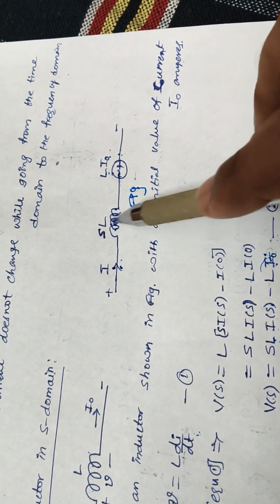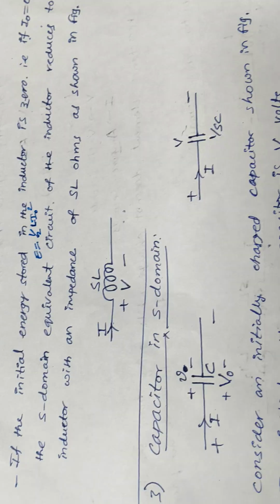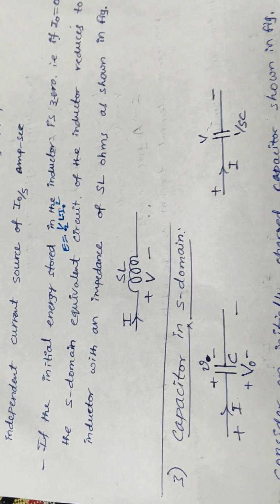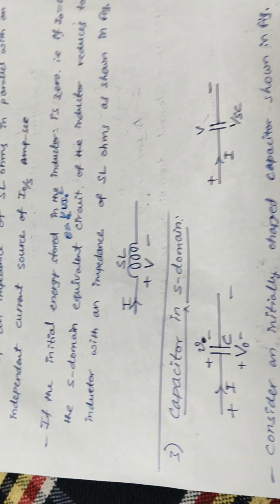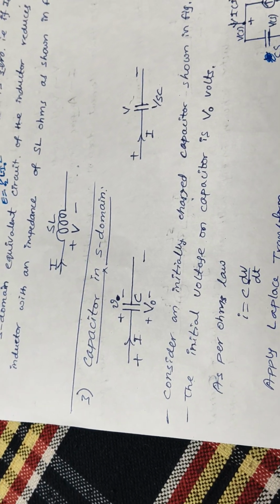Only you are left with the SL impedance. That's what we have represented here. So this is all about the inductor representation. In a similar way, the capacitor in S domain. If you see the capacitor in S domain,